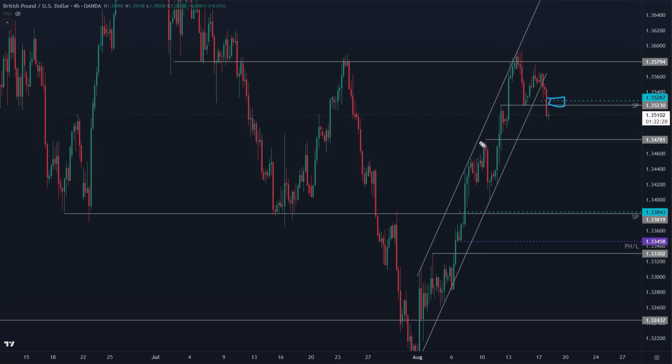And of course, we have that key support down here off of this high around 134.70 up to about 134.80. Now, in terms of what I'm looking for over the coming days, this right here is your short-term range, so a very tight range through here. This isn't really what interests me as much as this right here.